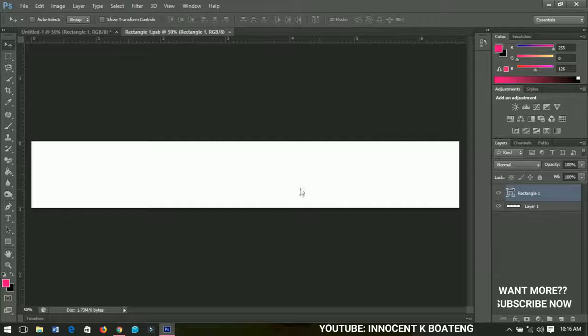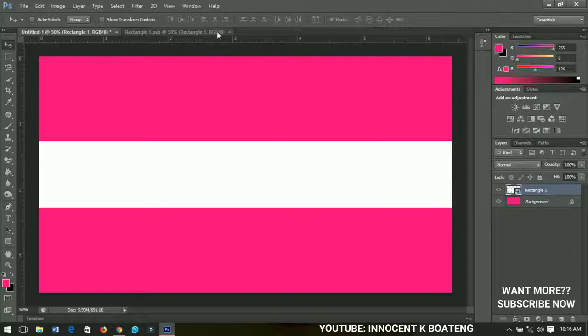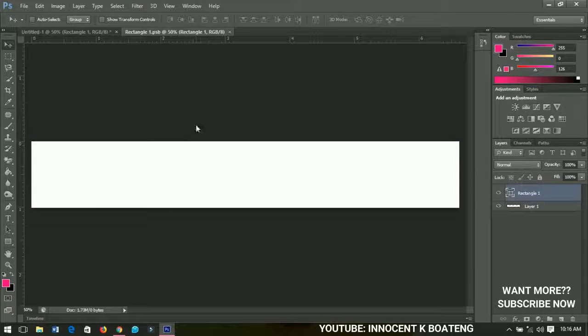Basically what this page means is that anything that you do on this thing and you save on this project will affect this particular rectangle over here. That is what basically the smart object means. So we are going to do the design over here. Alright, so first thing, I'm going to